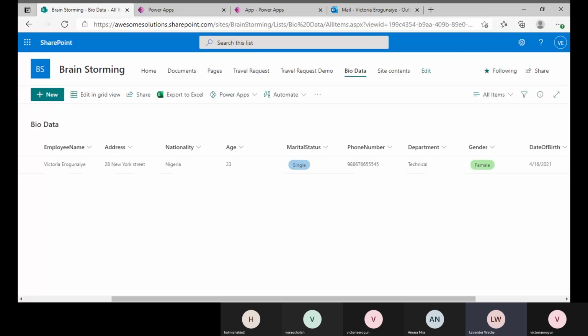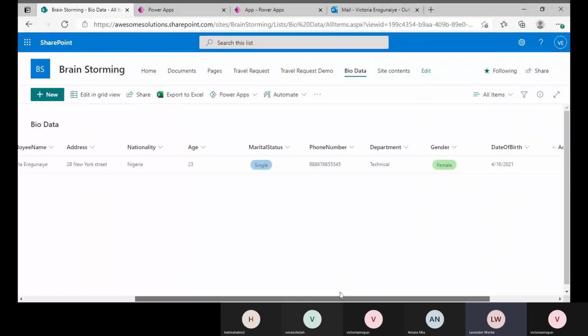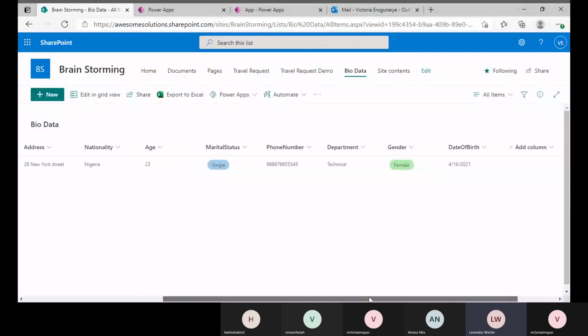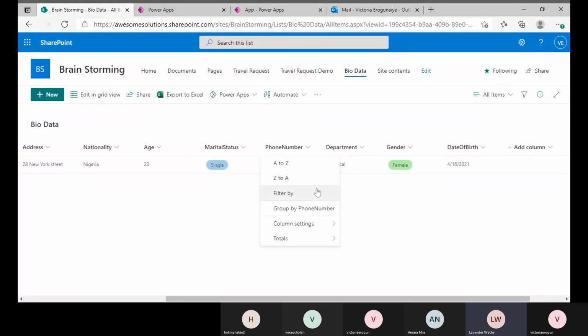Yes, but also if you put it as a single line of text, does that mean I'll be able to put alphabets? Yes, you'll be able to put alphabets. For example, you can add your country's code. In Nigeria, ours is +234. So if I want to edit this number to say,